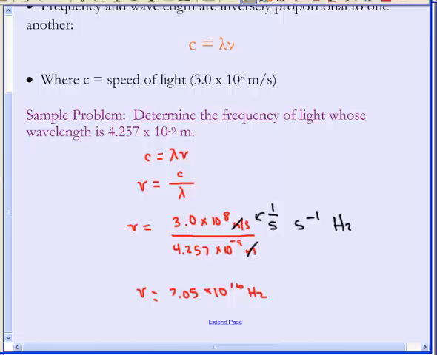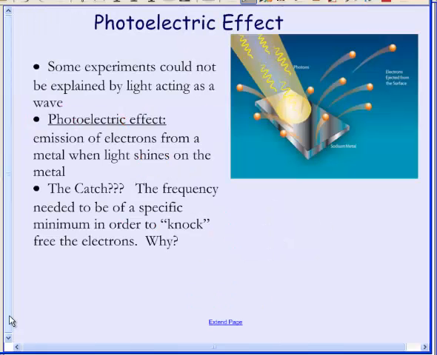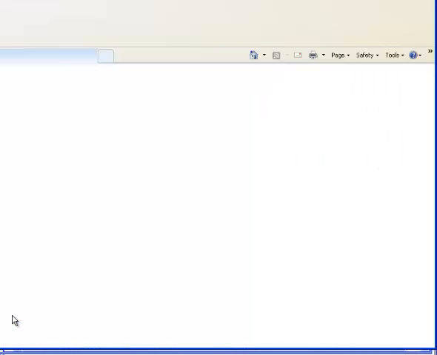But let's get back to the discoveries. So far we've been talking about light acting as waves, but some experiments that happened were getting results that couldn't be explained by light acting as a wave. So we have some issues. You think you know how something is acting, and then you get an experiment that's giving you different results. And the most